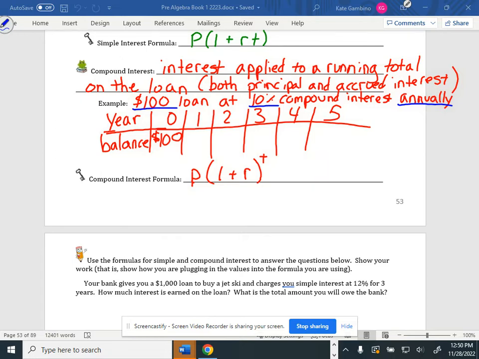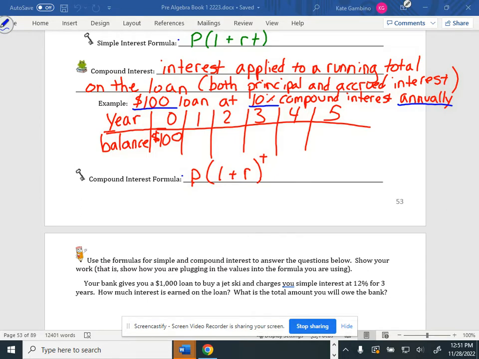Yes? So if it's a loan problem, you would do that. If it says that it's simple interest, you're going to do this formula. Okay. If it says that it's compound interest, you'll do this formula. Does it tell you what kind of interest it is? Yes. So it will tell you if it's simple or if it's compound. So you should know which formula to use. But you have to read the whole problem. First thing you're going to want to look for, is it simple or is it compound? Which formula? Then you're going to plug in your principal, your rate, and your time into the correct formula.